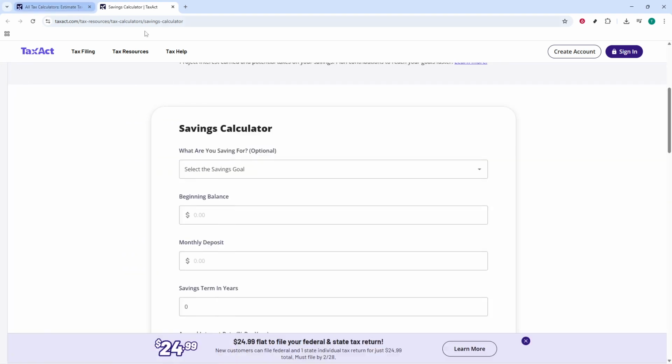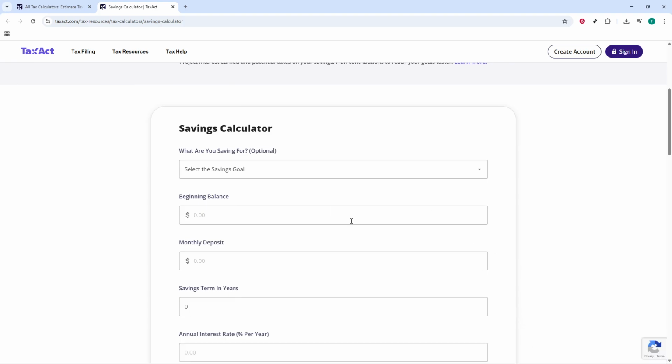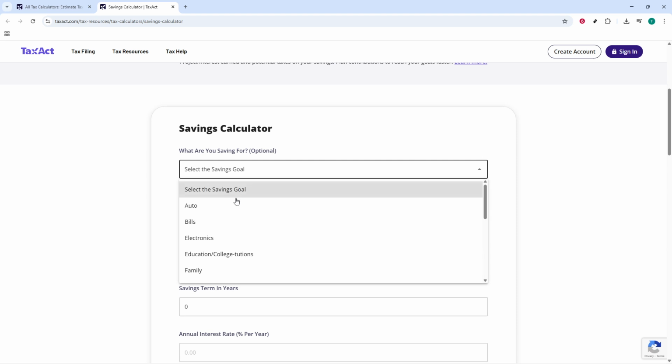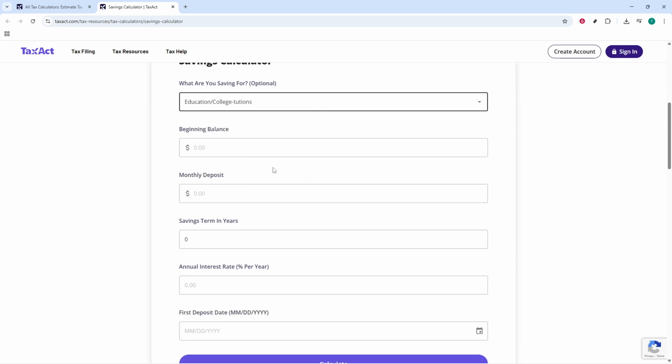When the page loads, you may see an option to define your goal. This is optional, but it can be helpful. Choose what you're saving for. Maybe a house, retirement, college tuition, or an emergency fund. This doesn't change the math, it simply frames your plan and keeps your purpose front and center as you enter